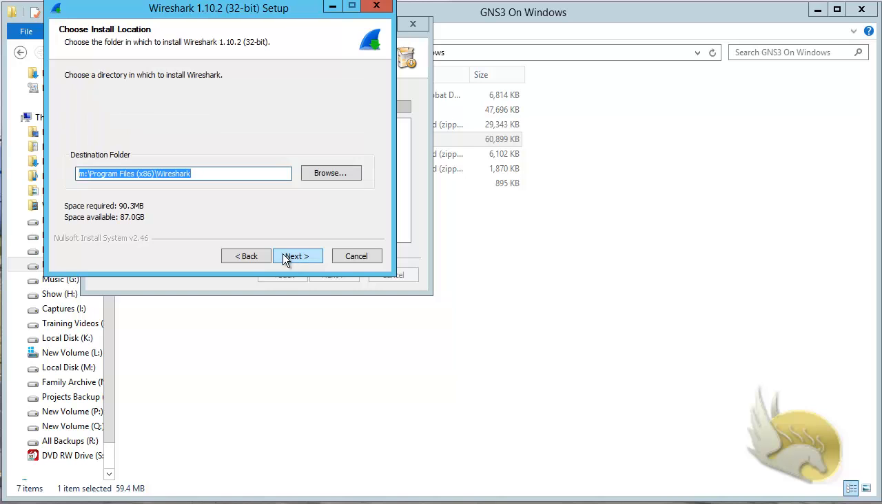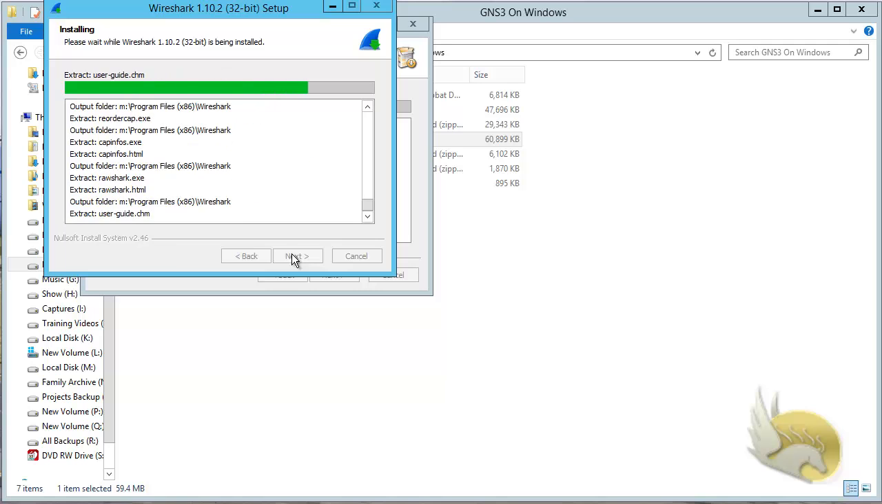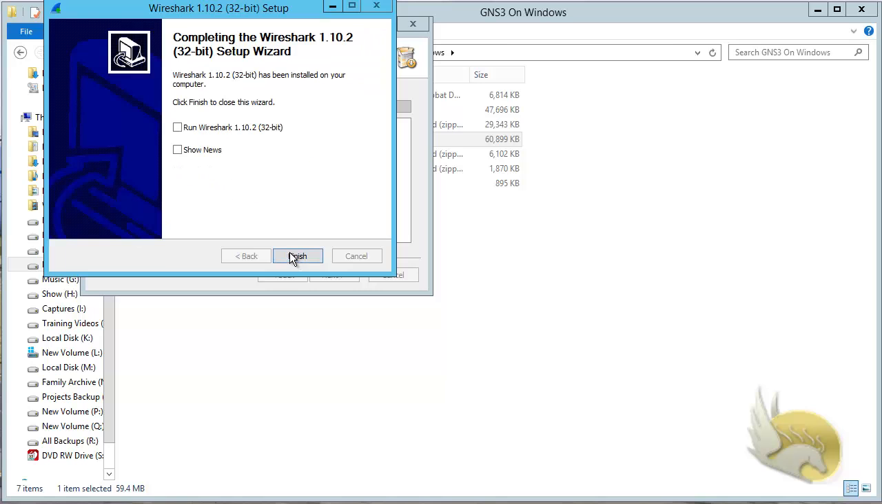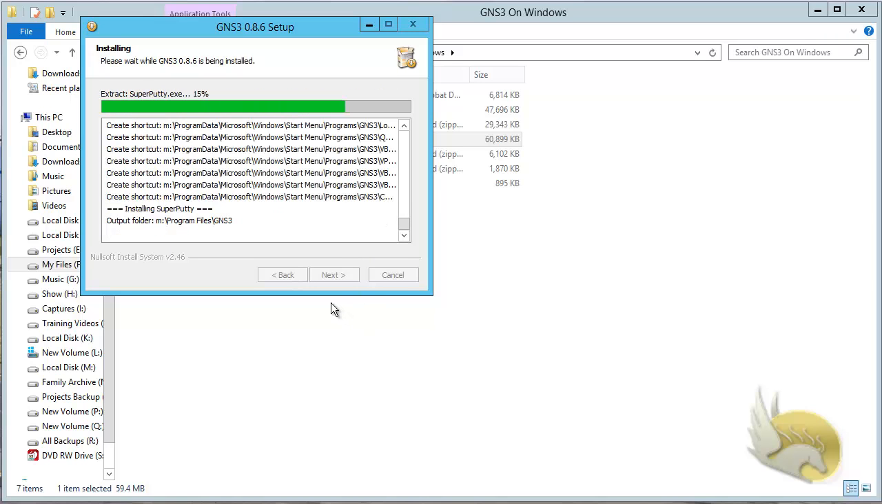Okay, I click on next, and again Wireshark is going to be installed. Wireshark is going to be used for our captures. And after capture, I want to show you the exact frame, what is in that frame. Okay, now the installation is almost finished. After finishing the installation,